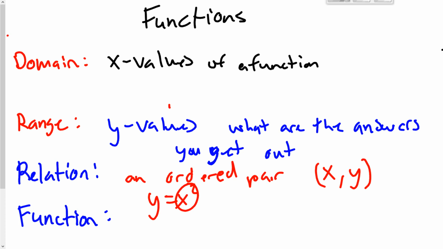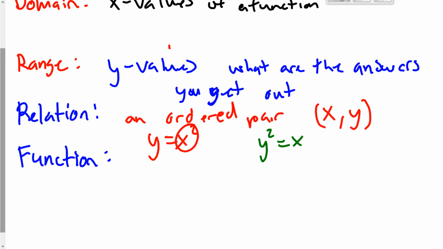So it could also be a relation between x and y. It could be y squared equals x. So the relationship is whenever I square my y, I get my x. So that's the relation. It's an ordered pair between two variables that explains how you get from one to the other. Now a function